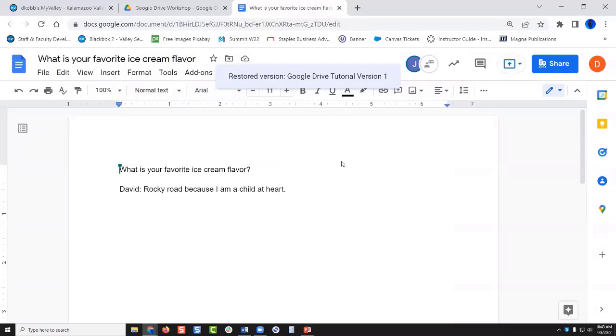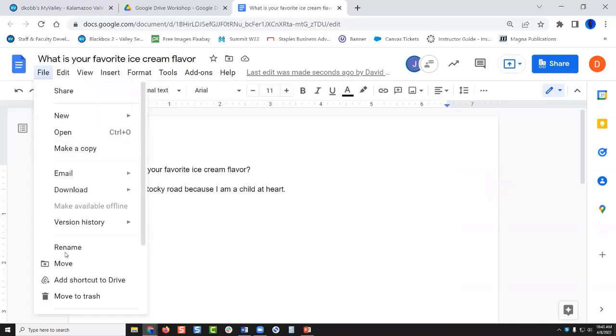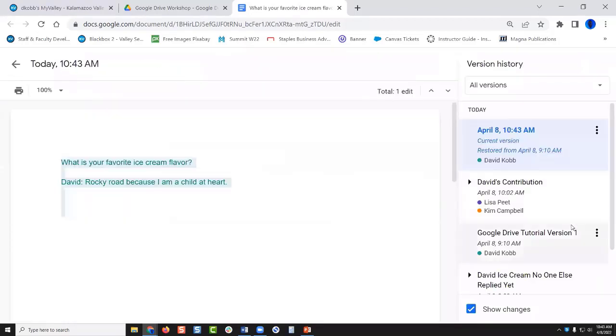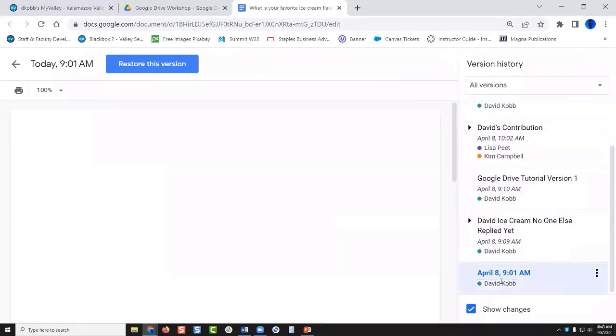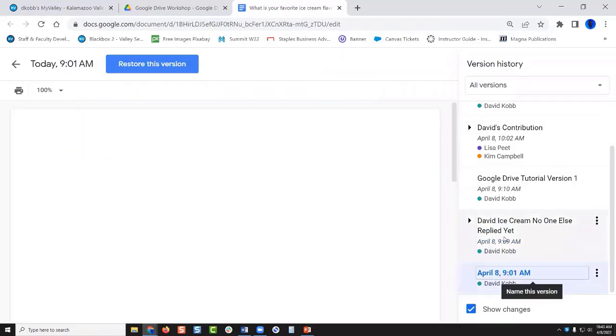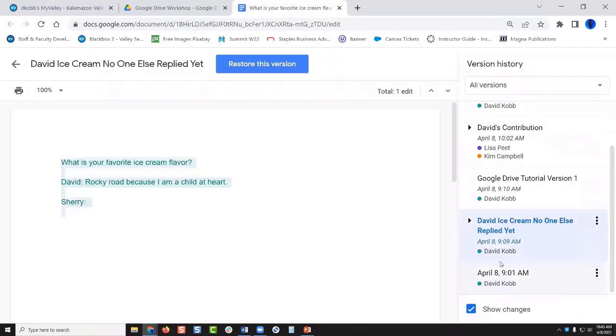So what happens if it's you that makes the change and then you're like, oh, nope, I really wanted that other version. Can you go back and do that yourself as well? Yeah, yep. So if we go back to the version history, we'll notice that the first two versions are just me. There's the one where I just kind of started the document but didn't do anything yet. And then the next one, I added this. The only person that has acted in the document is me, but you can see it made two different versions because I had made those changes.